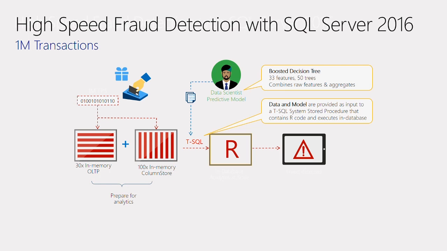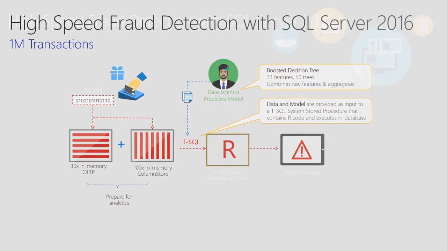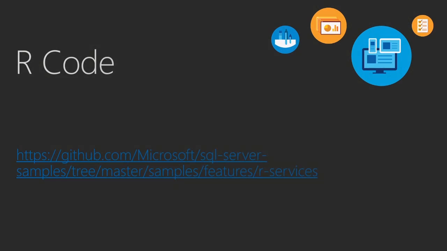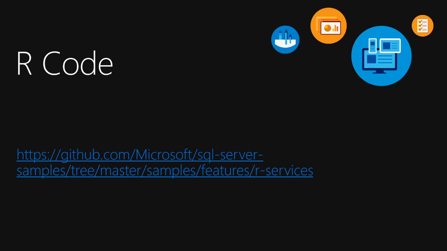High-speed fraud detection is another one. Again, this has to be done real time, because nobody is going to wait for a credit card transaction to take 2 or 3 minutes or an hour, right? I mean, they have to happen fast. So in this case, again, it's a mix of in-memory technologies shoving a lot of transactions through. So there's R.